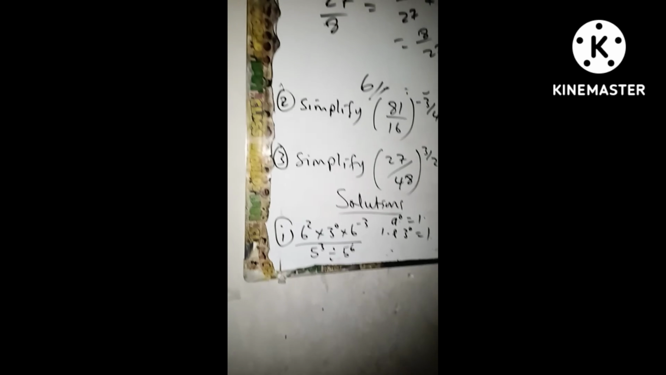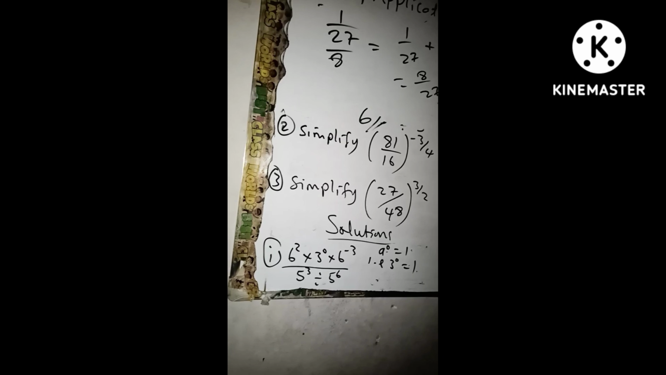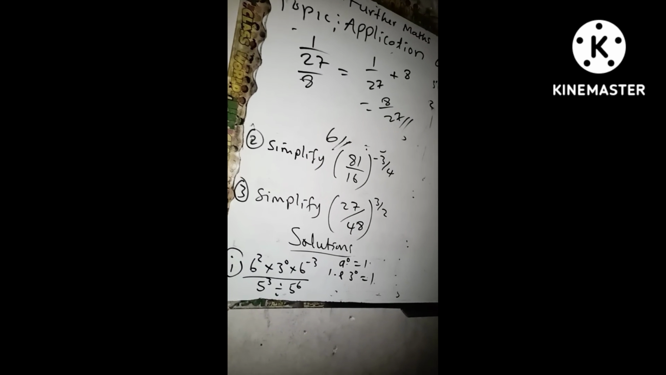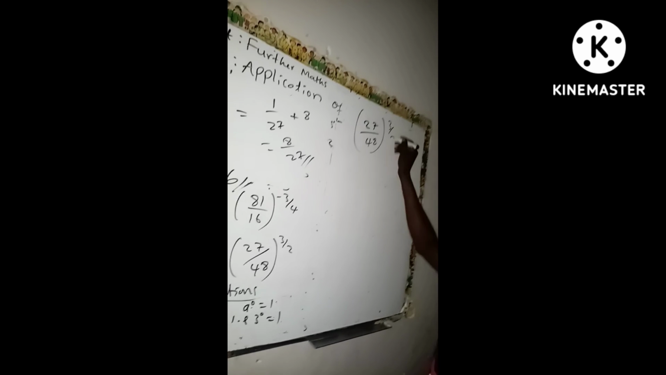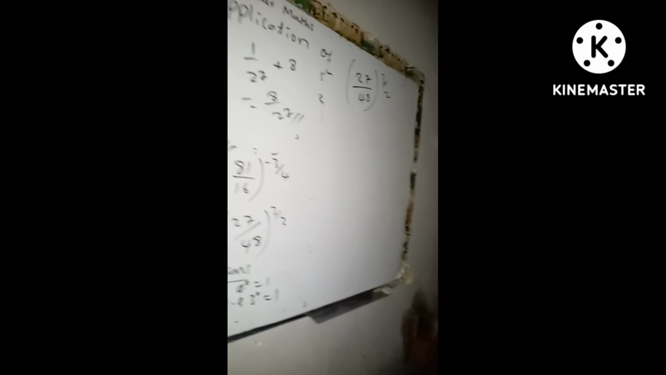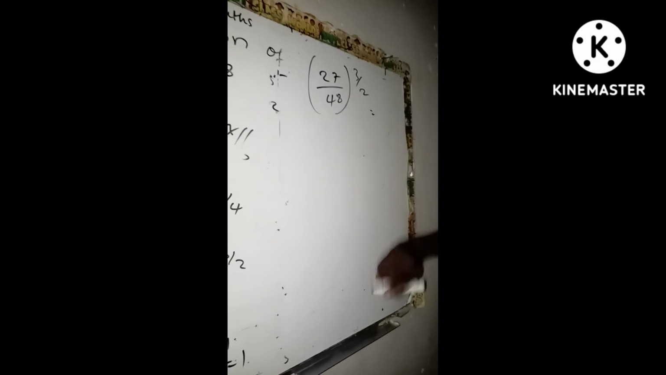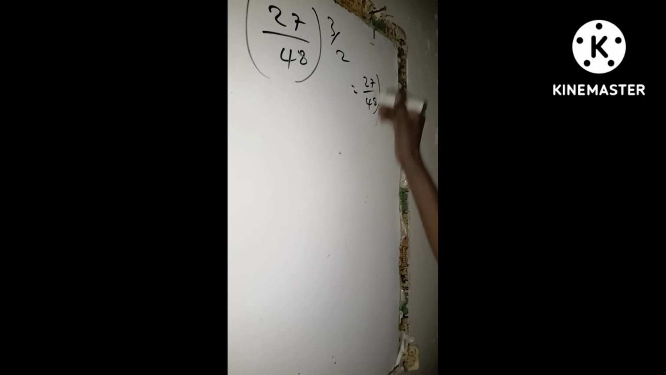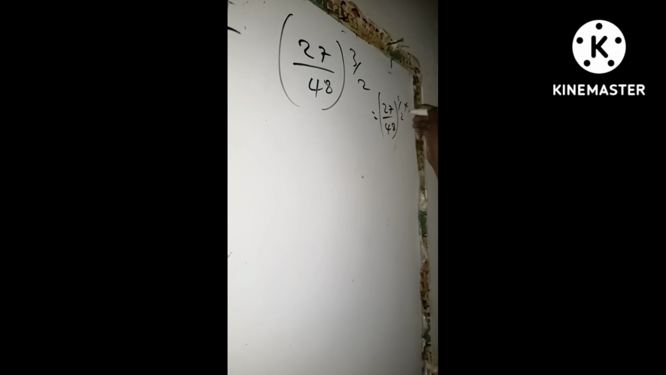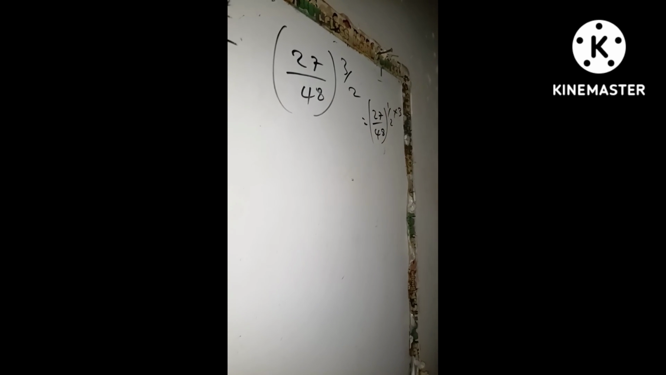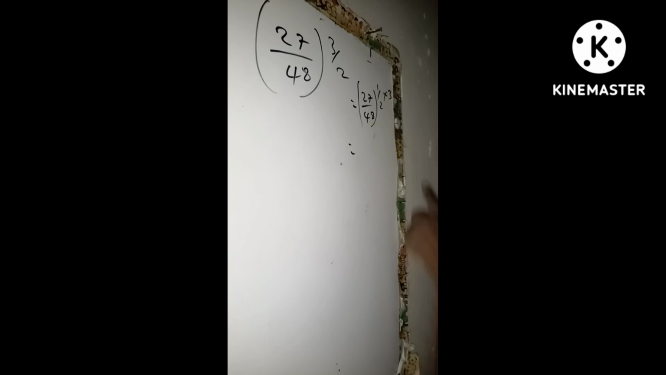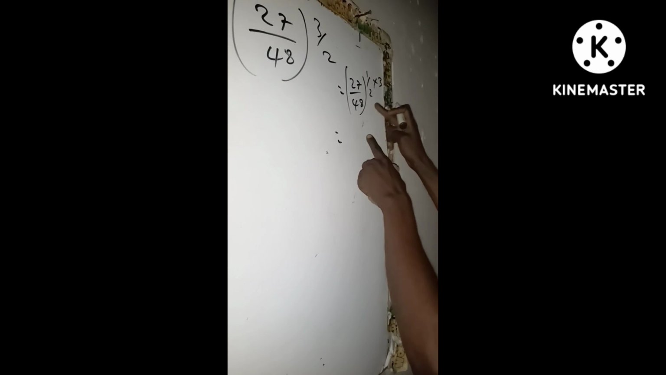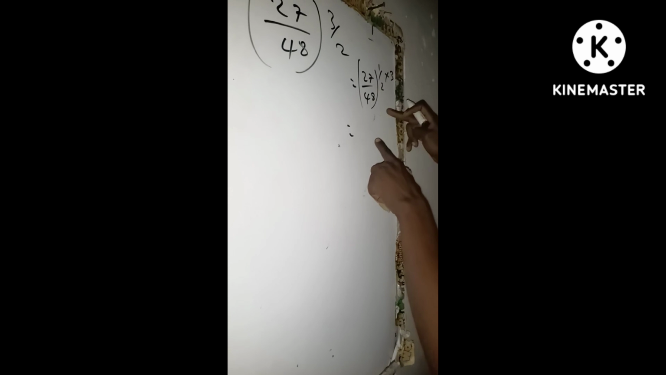The third problem says simplify 27 over 48 to the power of 3 over 2. Now, looking at this problem critically, it means that you can transform it as 27 over 48 to the power of 1 over 2 times 3. This is the 6th law of indices now. And if it is the 6th law of indices, it means that we are to determine the square root of each of these, 27 over 48, as